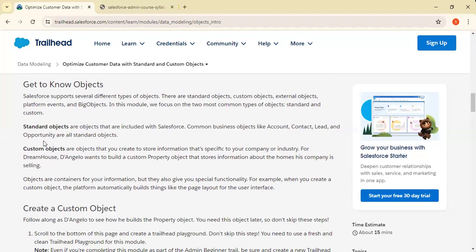तो यहाँ पे क्या है, जैसे स्टैंडर्ड ऑब्जेक्ट में हम कॉमन बिजनेस जैसे कि अकाउंट, कॉन्टैक्ट्स, लीड्स, अपॉर्चुनिटी, ये स्टैंडर्ड ऑब्जेक्ट में हम ऐड कर सकते हैं। और कस्टम ऑब्जेक्ट में जो भी इंफॉर्मेशन है, कंपनी या इंडस्ट्री की डिटेल्स होगी तो वहाँ पे स्टोर करके रख सकते हैं।